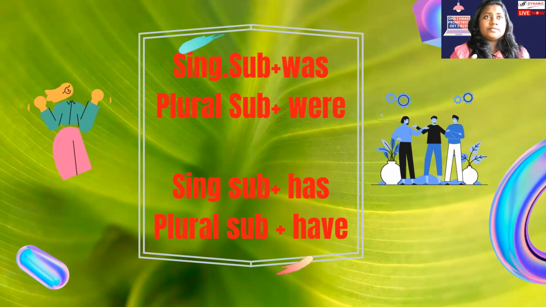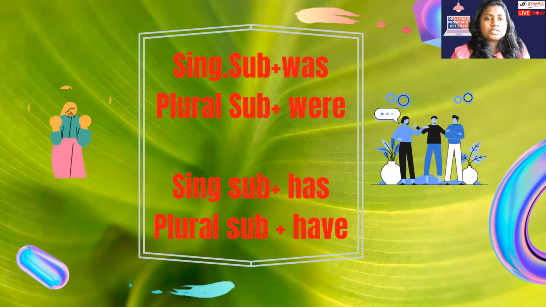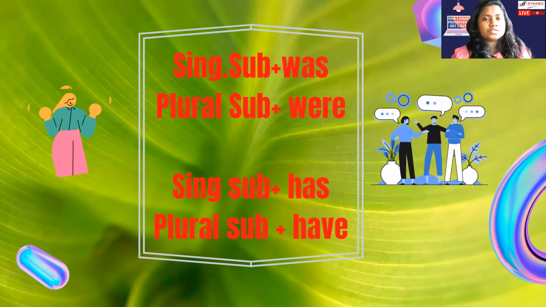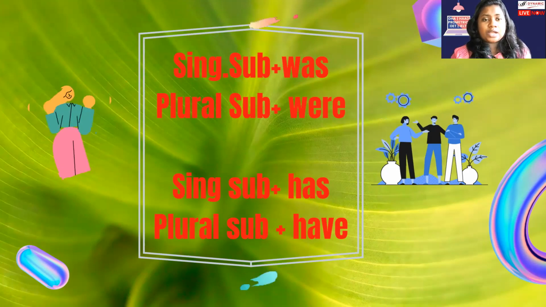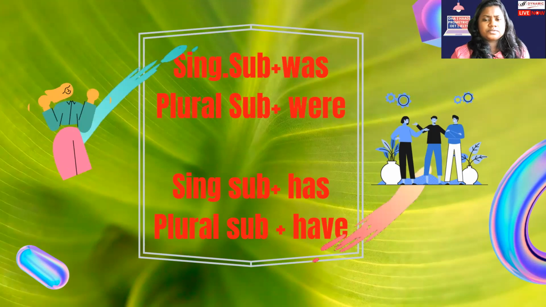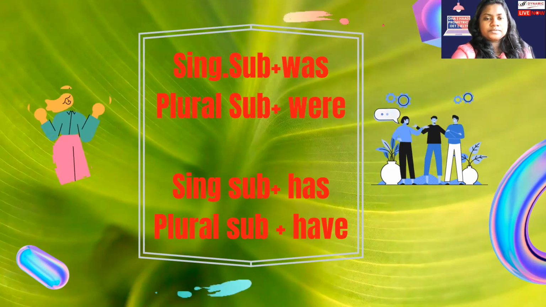So here, as I've already said, we have different tenses. 12 plus 12: 12 tenses in active voice, 12 tenses in passive voice. So you'll get confused about which auxiliary verbs I have to use, whether I have to add s or es. Sometimes people write "were" with a singular subject because they got confused. So in order to avoid confusion, I will share a small trick.